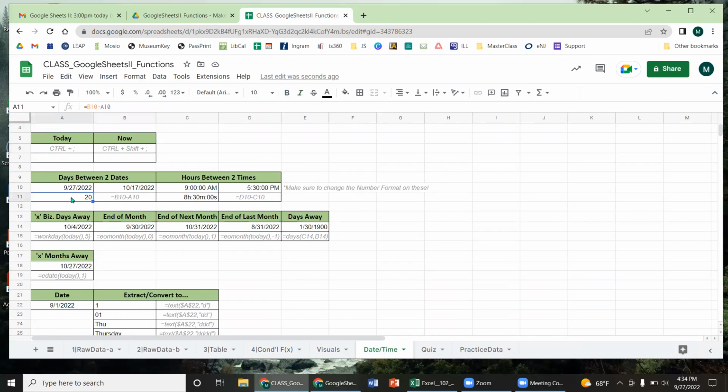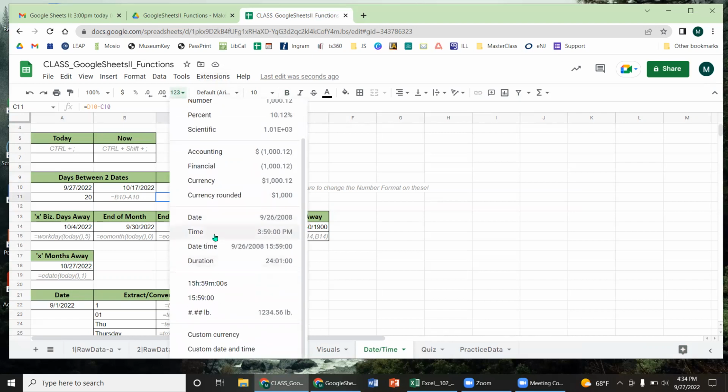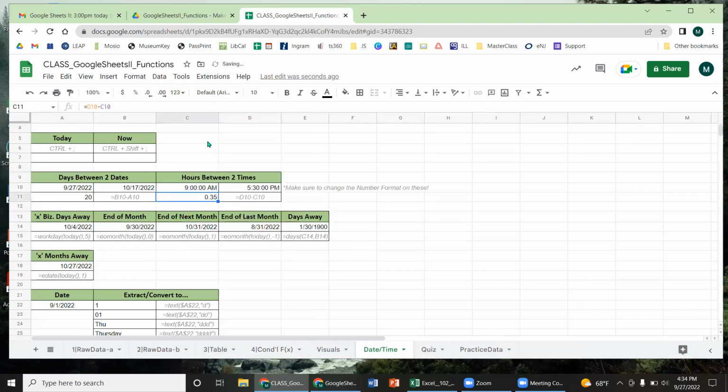We saw how to do some simple math between two dates. We can also do math between two times. And we just have to keep it in mind when we do this with dates and times. We always have to double check that we have the resulting box selected as a date time. It's possible we could have it as a number and then,